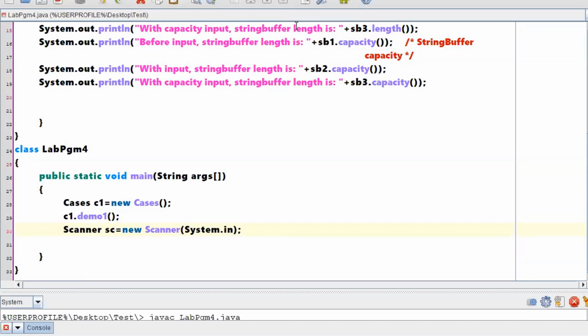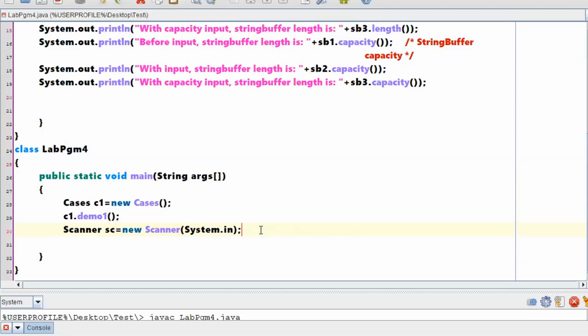A question in the chat box: Sir, if we take input from the user, will the capacity increase or decrease? It will increase. At any point of time, your StringBuffer will make sure that you have an extra 16 spaces for immediate values.